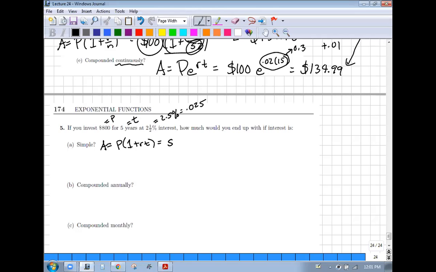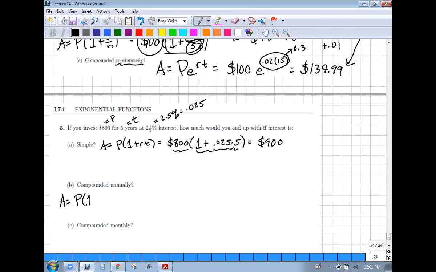Principal is $800. R is 0.025, and then the time is 5 years. So I start off with this 0.025 times 5. Now add the 1. Now multiply by 800. And we get $900. So an extra $100. Compounded annually,